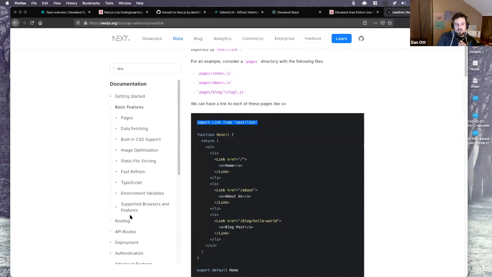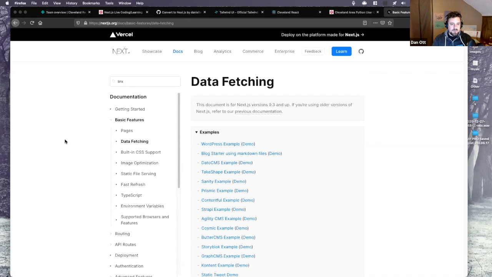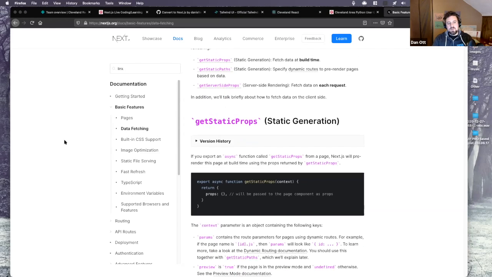Next is built on top of React, so you can always do whatever client-side data fetching you're used to, and it'll act the same way as every other React app. Once the client loads, you can do data fetching as much as you want, but you're kind of losing a lot of the benefits of Next. What Next exposes is a few different ways to do data fetching where you can do them at build time,